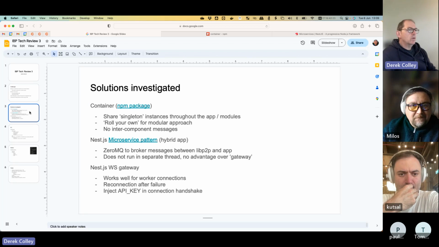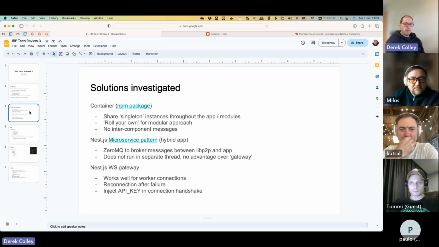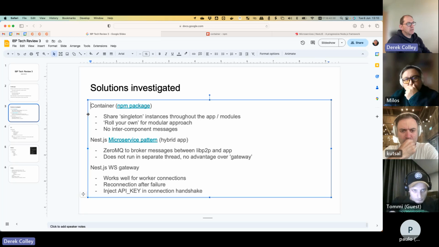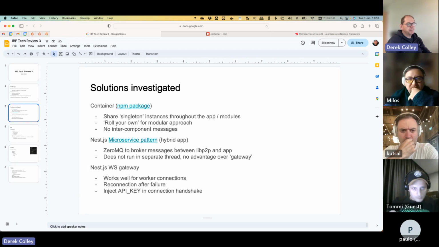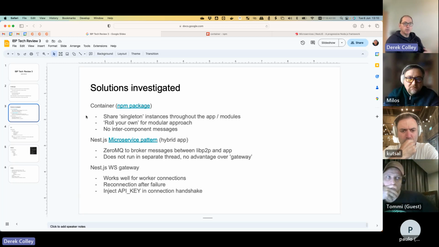Okay, so it's taken me some time to try to get to a design where everything works neatly and the design is elegant. These are some of the solutions that I've investigated. There is an NPM package called Container. It allows you to create an instance of an object, for example, an instance of the database connection or an instance of a WebSocket, and you can pass that instance around between your modules